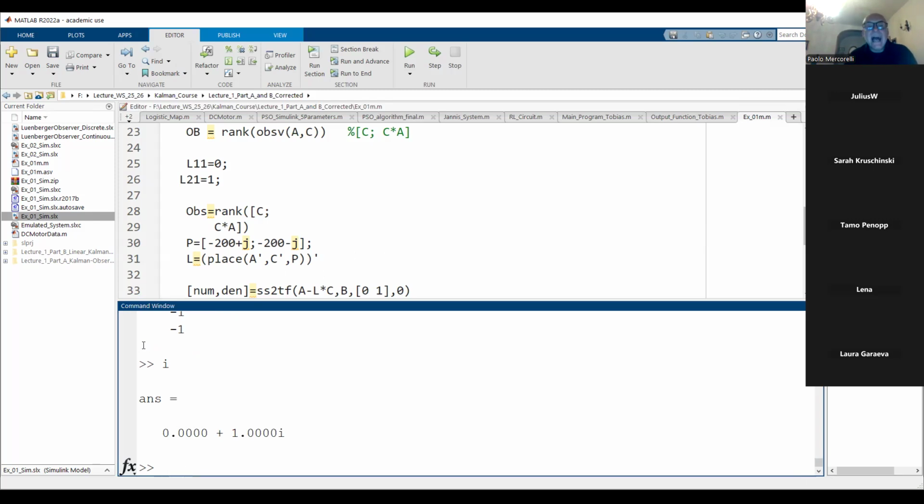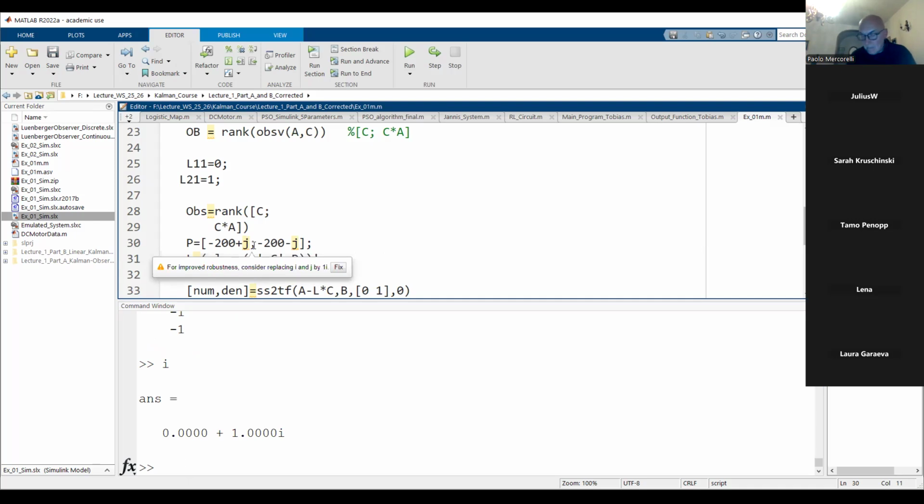I think I is the complex variable. I don't know if you remember it from gymnasium. It's not necessary to learn this now, but just to show you that if I put some